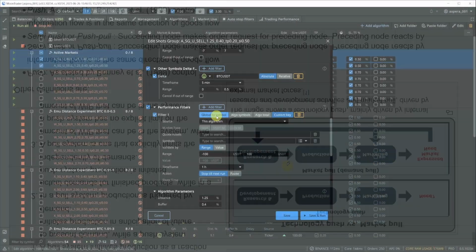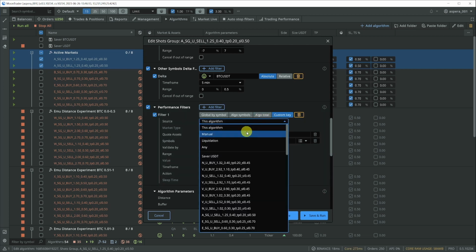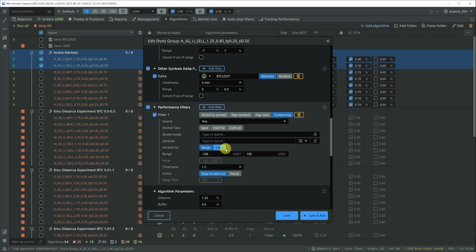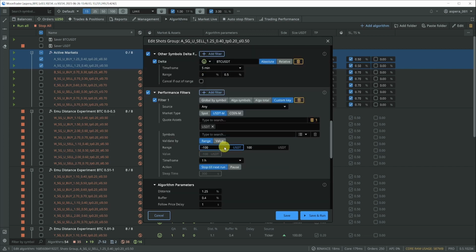There are 4 tabs at the top: Global by Symbol, Algo Symbols, Algo Total, and Custom Key. From what I understand, the first 3 are merely specific instances of the Custom Key tab, meaning that if you fill out the custom settings in a particular way, you would achieve the same results as with one of these 3. Currently, the performance filter is working only based off of P&L in the source,